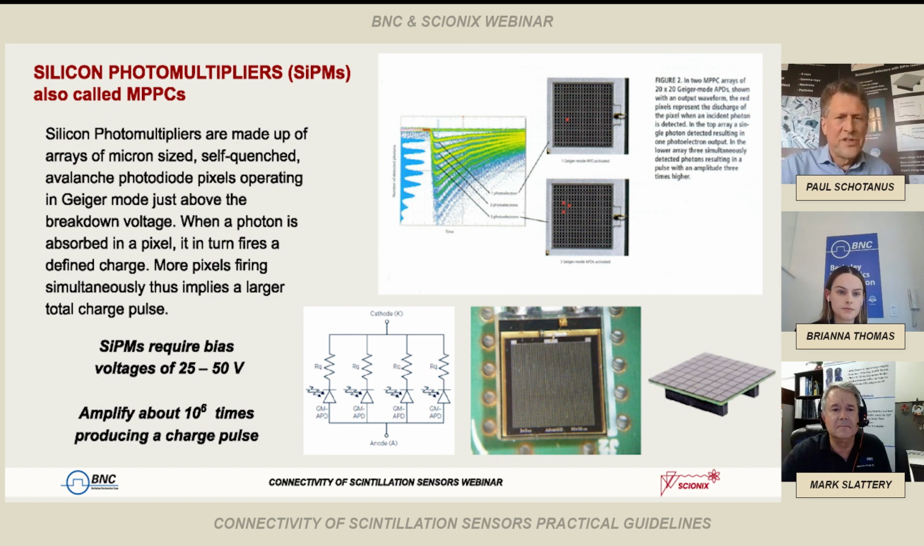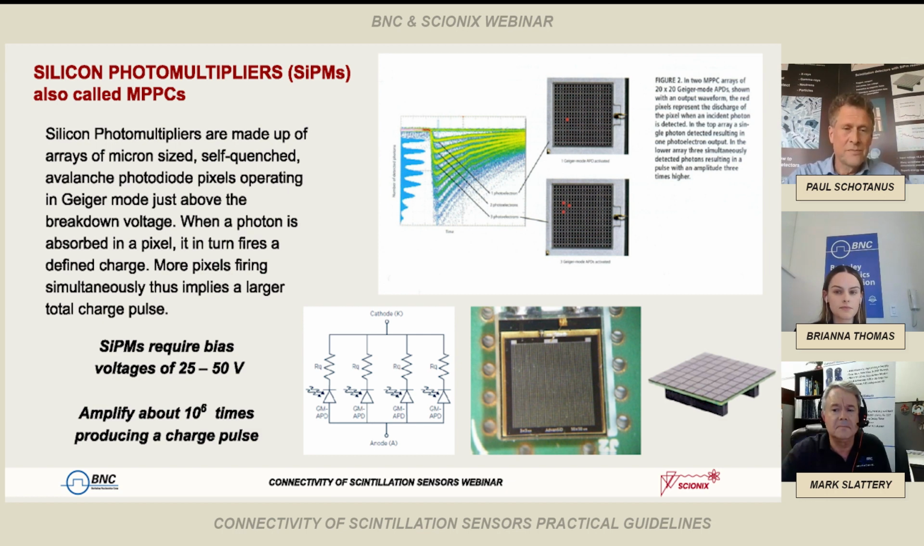Silicon photomultipliers, on the other hand, are totally different kinds of devices. They're made of arrays of micro-sized, self-quenched avalanche photodiodes operating in Geiger mode. And those pixels have a size of roughly 50 micron, and they're under a bias of roughly 25-50 volts. The principle there is totally different in the sense that one photon can hit one pixel and then the pixel fires a distinct charge. When there are more photons hitting the SiPM at the same moment, the charge is larger. So there is a proportionality between the total amount of photons and the total